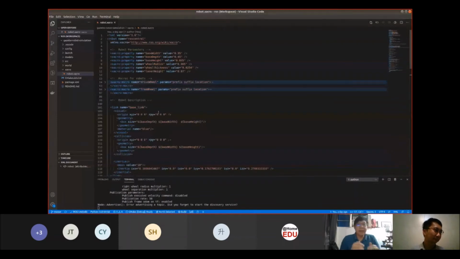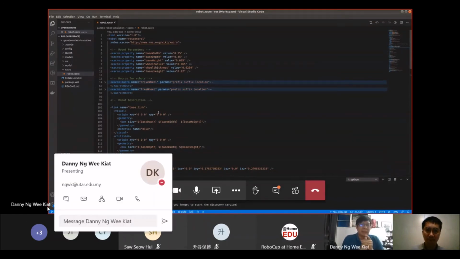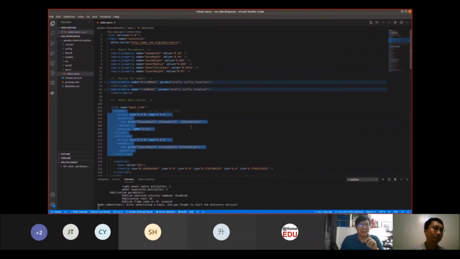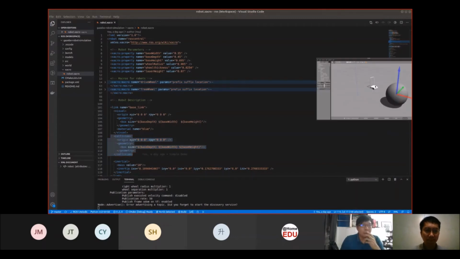I think in SDF and also in URDF, you have the link element. One thing about URDF is, if you are using SDF version 1.3 and above, I think the visual and collision part is actually similar for URDF and the SDF file. So as long as the collision is defined in your URDF file, you will be able to see the collision of the robot.